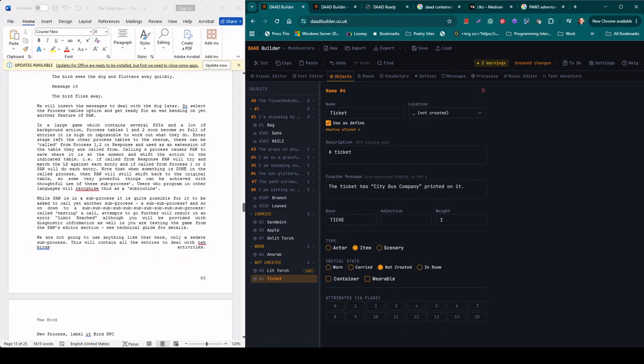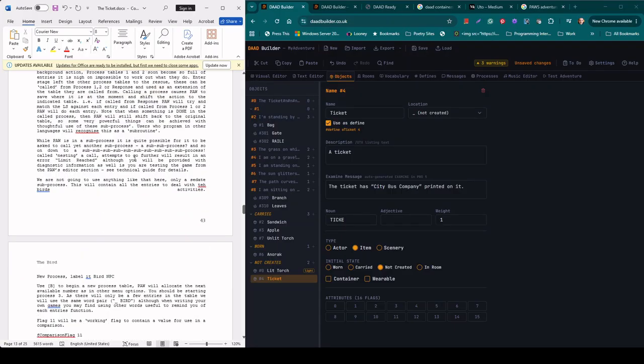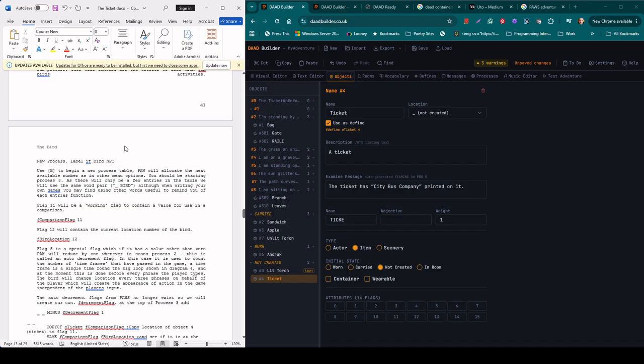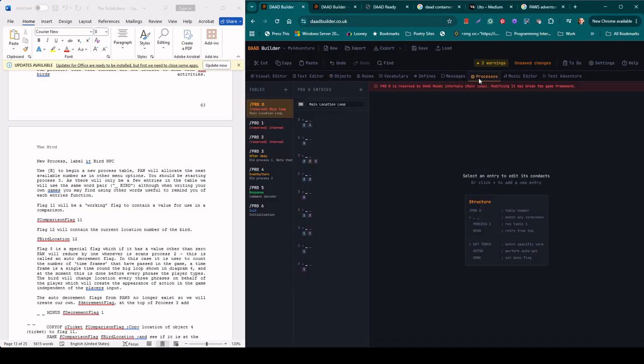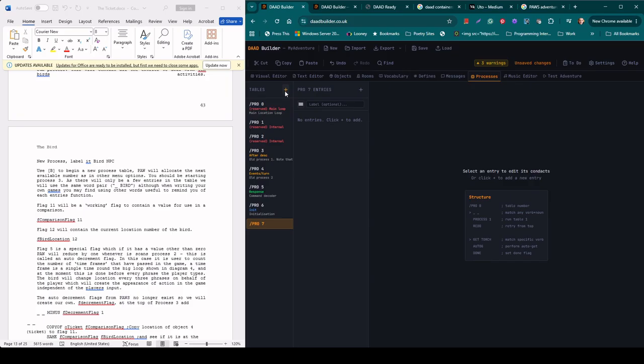So the next thing it talks about is process tables. We spoke about tables 1 and 2 in PAWS and the response table, how those are 3 and 4 and 5 now in DAAD. But this time we're going to create an additional process table. This is a process table just for the bird's movements, and we're going to contain everything within that one. So we're going to create a new process, into processes, and we go here to create a new table. This is process number 7,